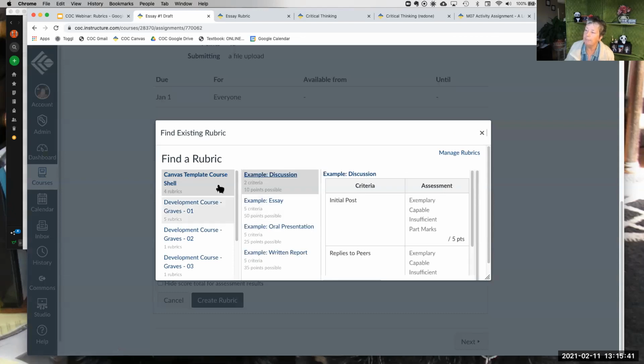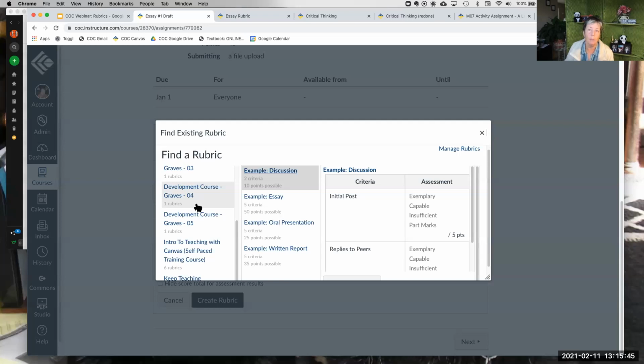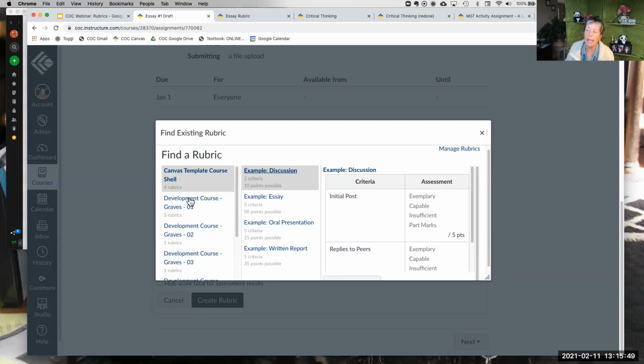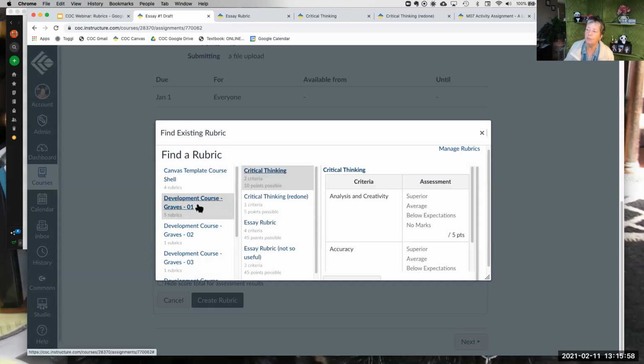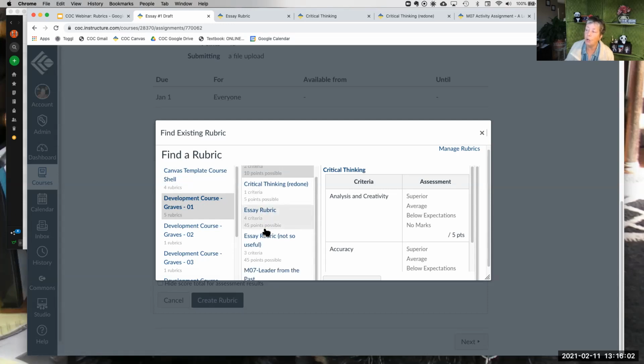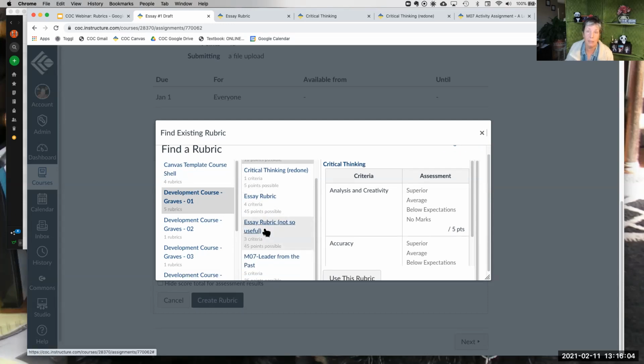And when I click it, over here on the left, it shows me all of the courses that I am a part of as an instructor, not a student. So I can choose any one of those shells. And then in the middle column, it's going to show me all of the rubrics that are associated with that shell. So if the course shell I'm in right now is the 01, so if I go there, this is showing me all of the rubrics that I have in that course shell.